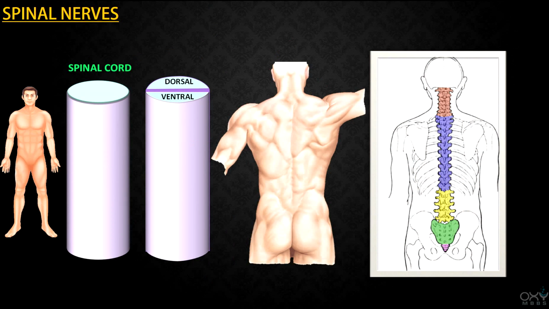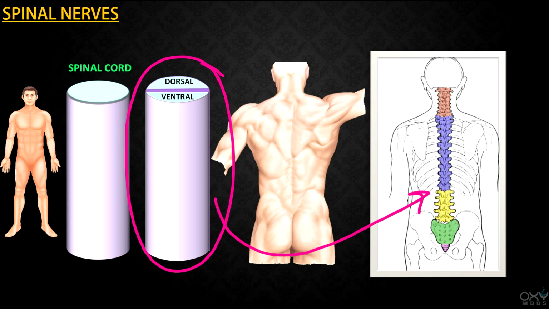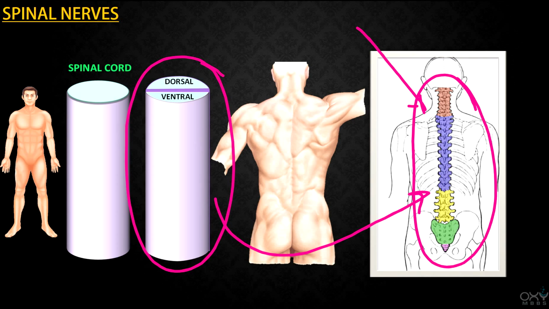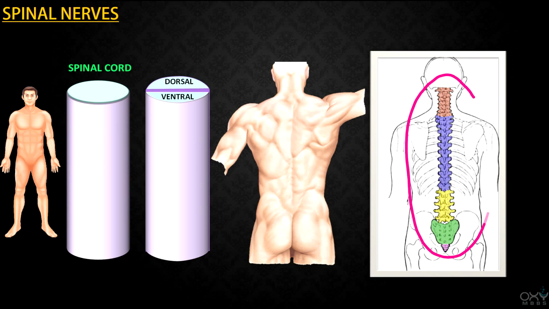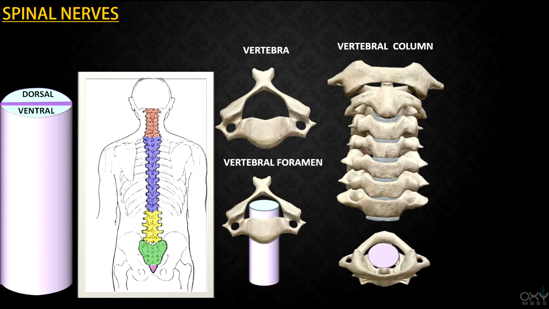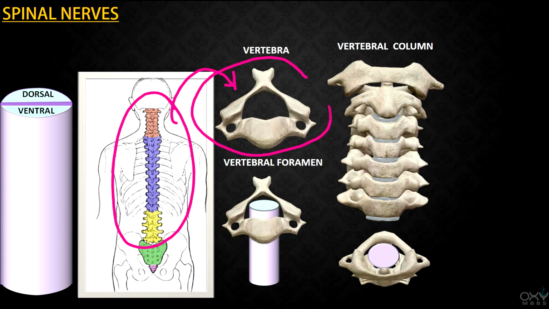Now friends, as you know, our spinal cord is a soft tissue. That is why it must be protected by some hard tissue, that is bone. And the group of bones which is present in a series like this forms a vertebral column. It means our spinal cord is protected by this vertebral column, and this vertebral column is present in the back of the body. So friends, this is our vertebral column, and vertebral column is formed from the vertebra, and vertebra looks like this. So this is the spine in the vertebra which you can feel in the back of the body in the central line.